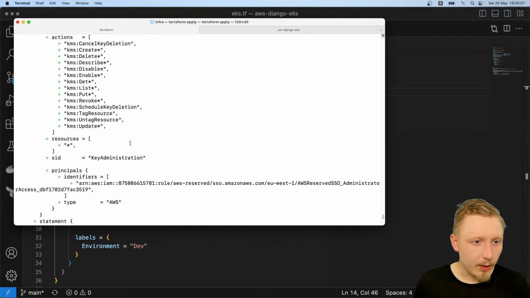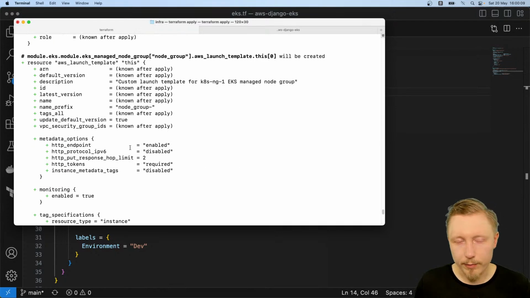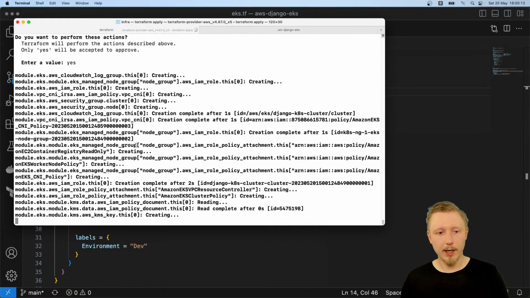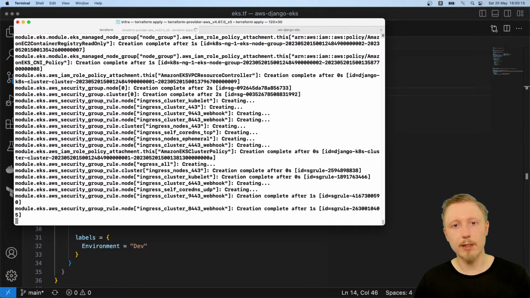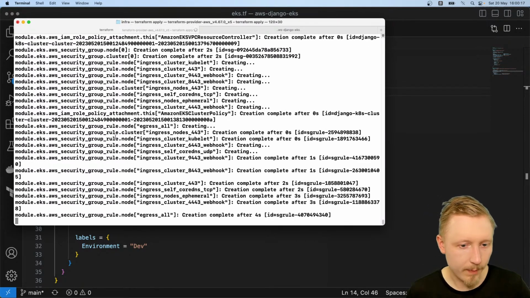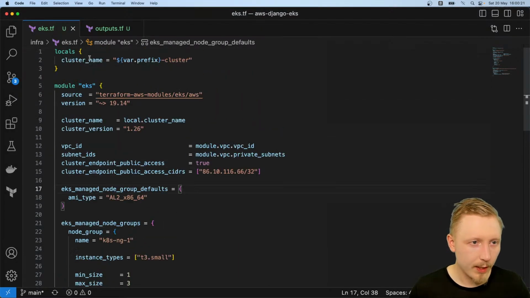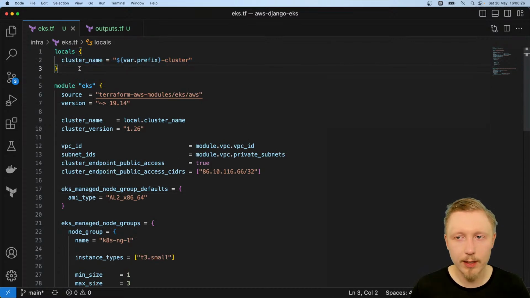So you can look through this, just make sure it's doing what you kind of expect, and then you can hit yes, and yes, we'll go ahead and apply. So this is going to take some time. So it'll give me some time to talk through this stuff that we just typed out. So what we did here, we'll go through eks.tf first. So locals just defines, it's kind of like